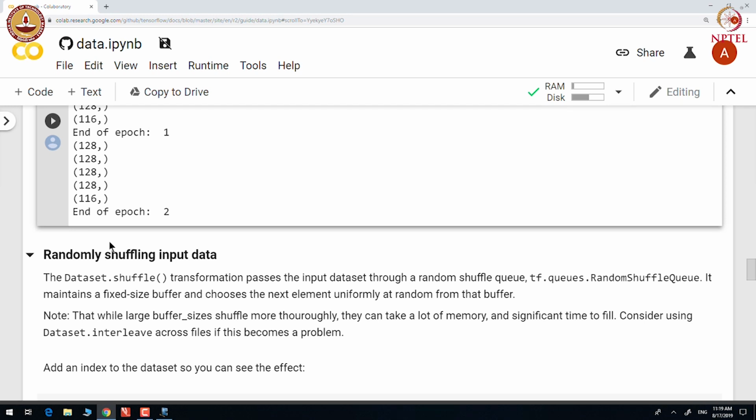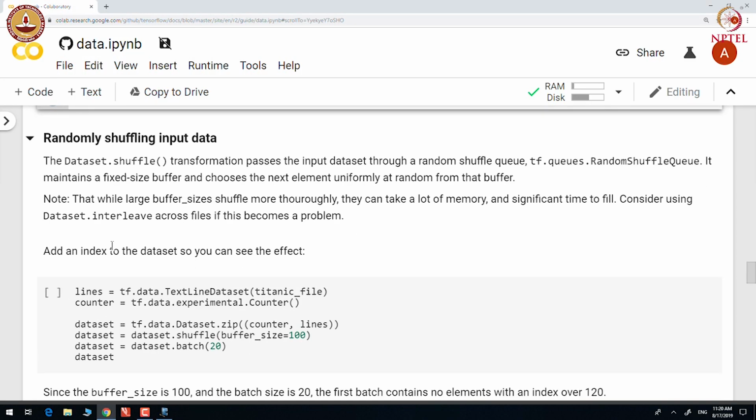Shuffle maintains a fixed size buffer and chooses the next element uniformly at random from that buffer. The large buffer sizes shuffle more thoroughly, but they take a lot of memory and significant time to fill. In such cases, one can try interleave transformation across files, which yields a similar kind of effect as shuffle transformation.